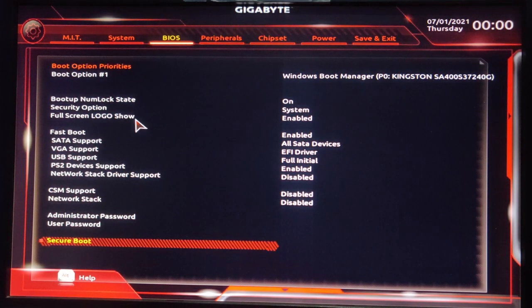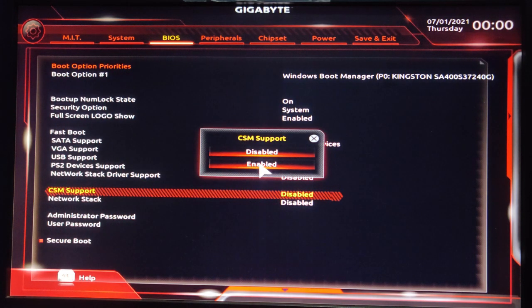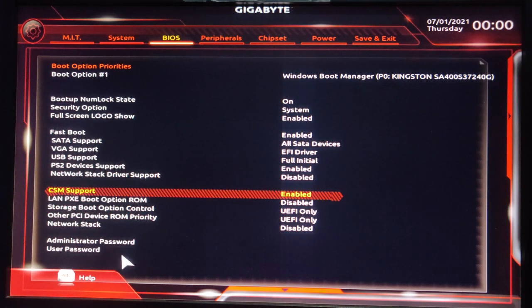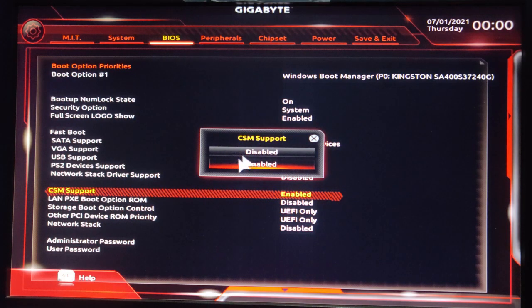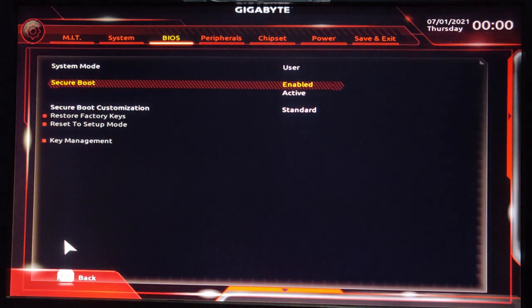Before enabling the secure boot, first you have to make the CSM support disabled. If CSM support is in enabled state, you will not be able to see the secure boot option. When I make it disabled, you can see the secure boot. So change from enable to disable state and then go to the secure boot section.